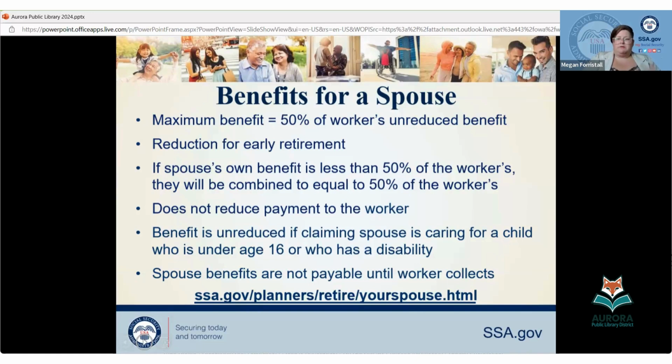One thing to know, though, that work situation we talked about earlier, that same work limit applies to everyone else who's filing. It applies to teenagers who are working, spouses, former spouses, and survivors. Any type of Social Security benefit we're paying, aside from disability, has that earnings limit up until full retirement age. Now, anytime we pay a benefit to a child or a spouse or a former spouse, those never reduce the payment to the worker of the record that's coming off. It's an additional benefit payable on the worker's record.